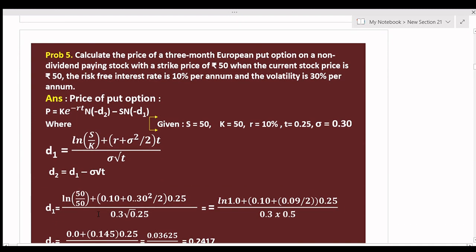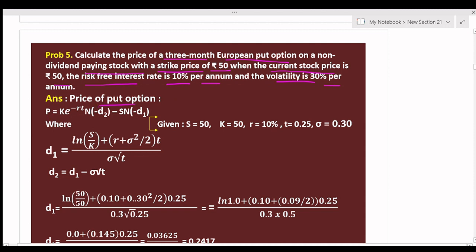Now comes the last problem. Calculate the price of a 3-month European put option on a non-dividend paying stock with a strike price of rupees 50 when the current stock price is 50, that is ATM, at the money. The risk-free interest rate is 10% per annum and volatility is 30% per annum. The price of put option,